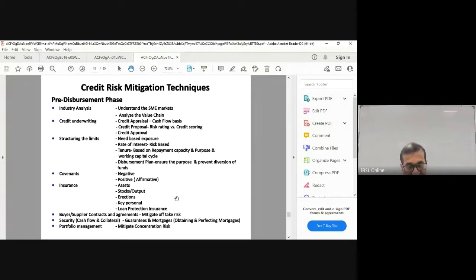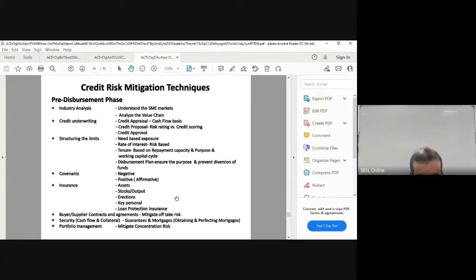Credit risk is there always, and I am just proposing some of the practical aspects of credit risk mitigation rather than models and theories, because risk happens in two ways: pre-disbursement and post-disbursement. Ideally, it happens post-disbursement, but in order to avoid any issues once the loan is disbursed, we should ensure the loan is properly disbursed before you disburse it, so that there are certain things that we can take up. So some of the things already we have discussed.